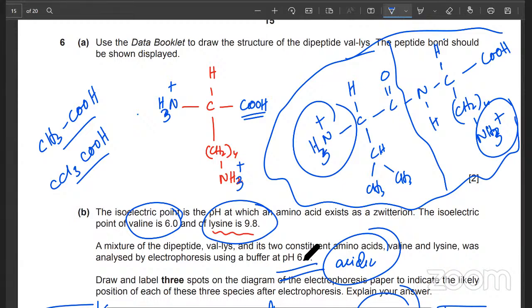So I just assumed that if the electrophoresis is happening at pH 6, the medium would be acidic for this one. That was just an assumption. That was one assumption that I made. And if this medium NH3 अट्रैक्ट हो रहा है, तो और भी तो ऐसी स्पीशीज हैं यहाँ पे जिनके पास लोन पेयर है, तो